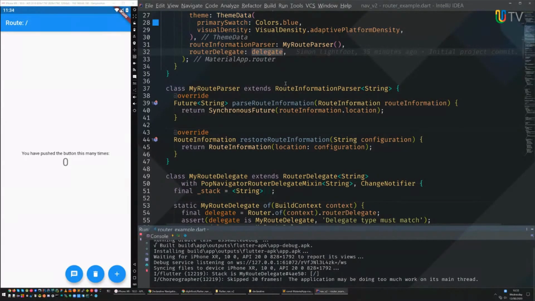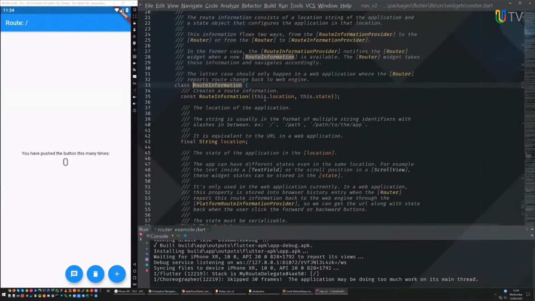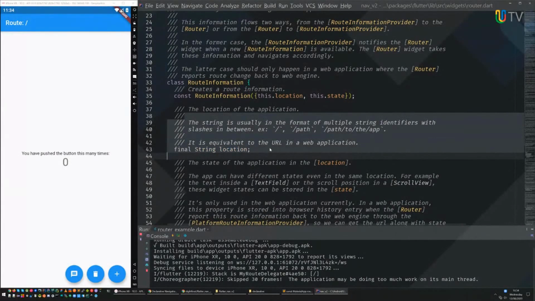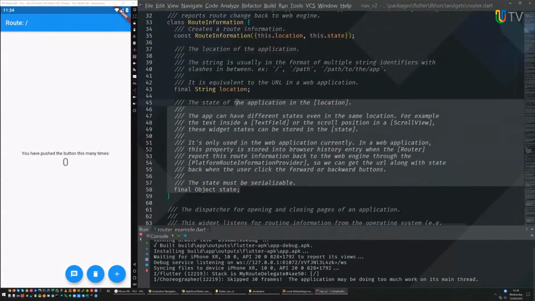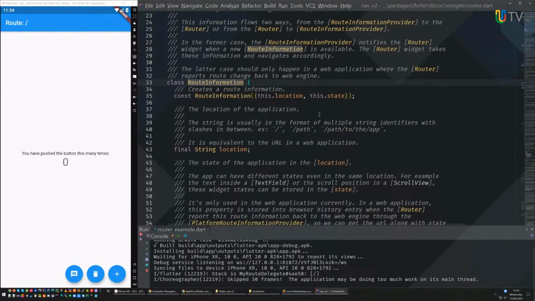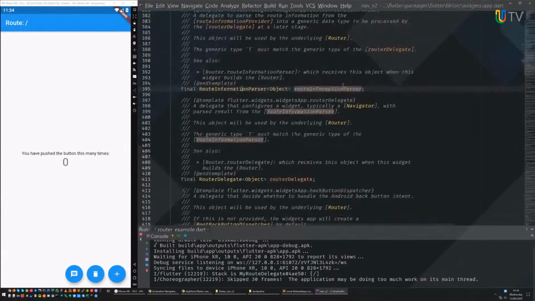So if you take that initial route information, by the way, route information is getting prepared to have not just the path, the initial path, which is what they call location now, but also state. And you can read about this, I'm sure, soon. But this allows us to provide that state of scroll positions and various other things for our current page route. So if the user comes back and they were previously filling out a form, we'll have those form fields all there, that when we restore our navigation stack, we can have all the fields filled in still.